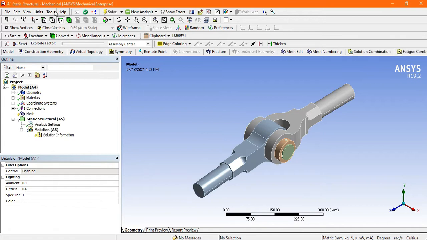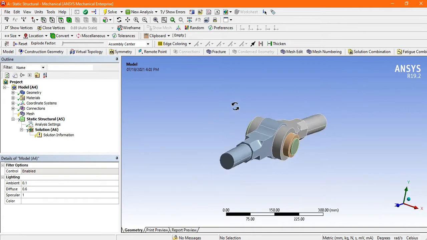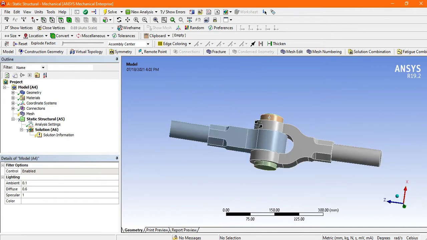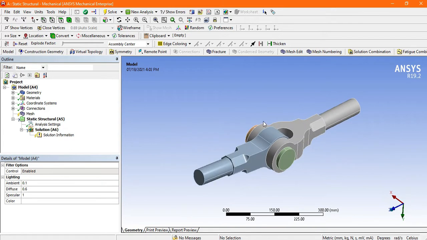Now look here, the static structural mechanical ANSYS model is opened successfully, and you see the model, the knuckle joint, is imported successfully. So next we are doing meshing.